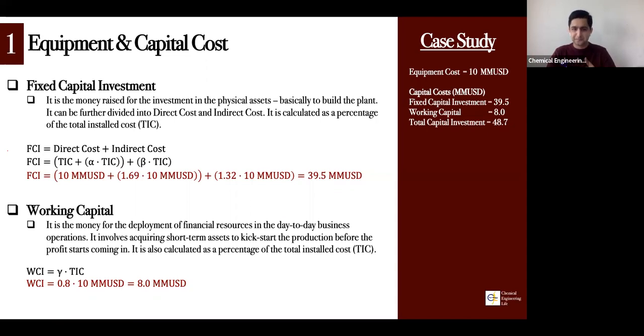I need to hire people. I need to pay people their salaries. I need to pay the engineers and the operators. And you need to do it for at least 6 months, maybe at least 1 year, until you start making profit. That money should be covered by the working capital. The working capital should more or less cover all of the expenses that you need to literally kickstart your production. And in case you don't make a profit for the first 2, 3, 6 months, that should be covered by the working capital,